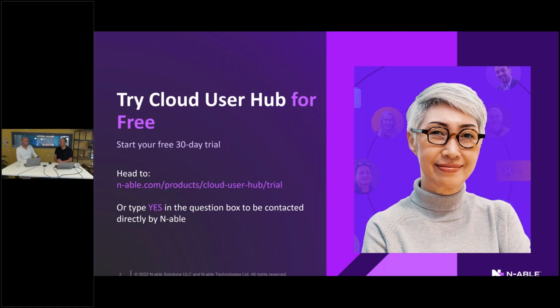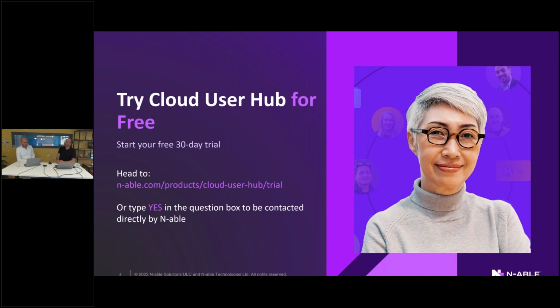The answer is no, because at this moment in time we are not integrating with any of the indirect providers. Obviously, we are in conversations to get there. Just to clarify, that doesn't mean that you cannot use Cloud User Hub. The only thing you cannot do is manage subscriptions, because that's in the control of the provider. All the other things that I showed you in regards to the license insights, the secure scores, and command blocks will just work. So that's a point to address.